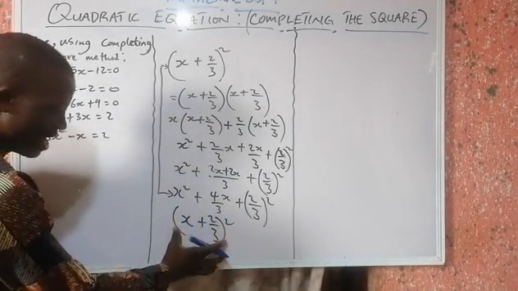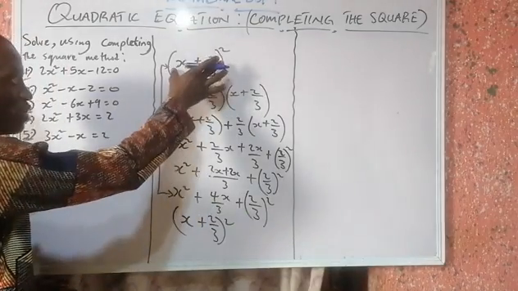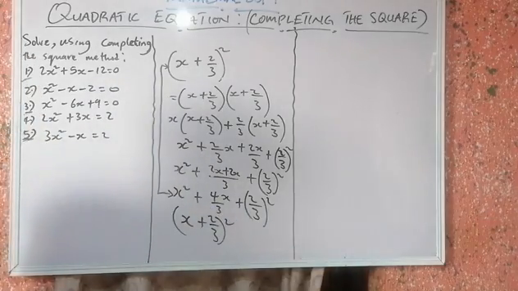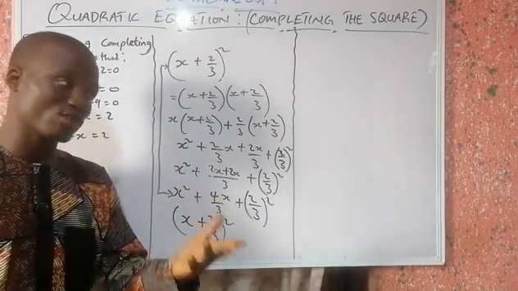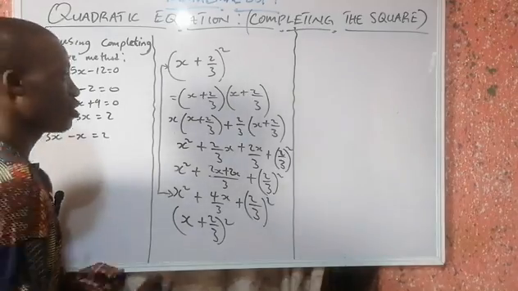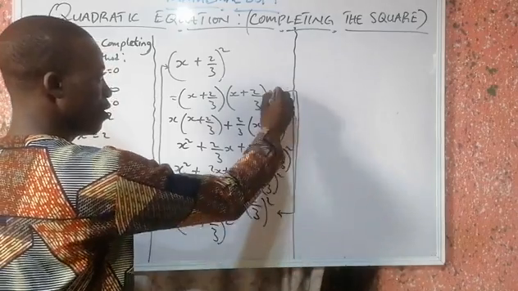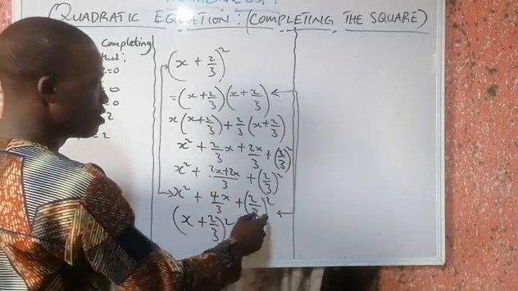Okay? If you expand this, it will give you this back. That's what we did. We expanded it and it gave us this. So this is the knowledge you must have in completing the square method. In completing the square method, we are not going to show this, okay, but we will be given